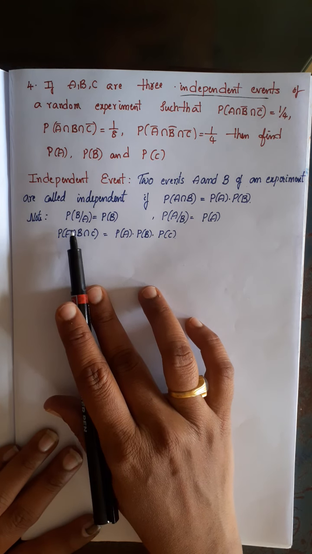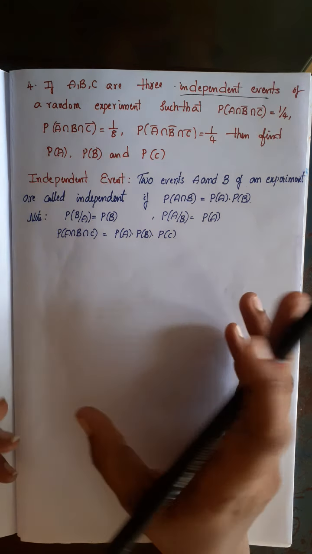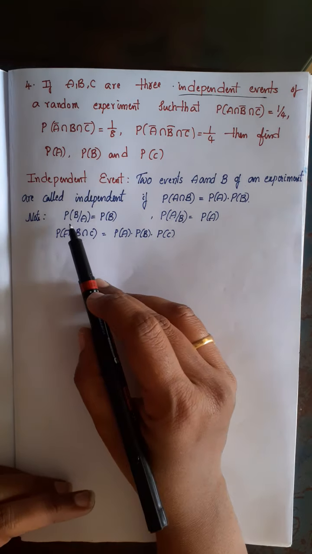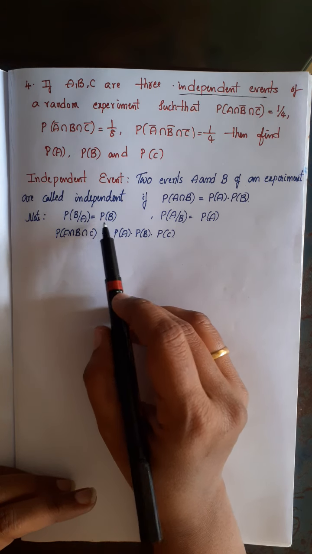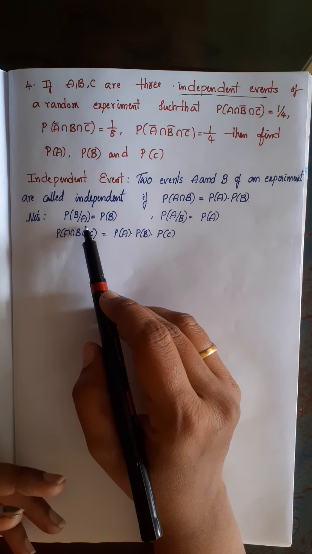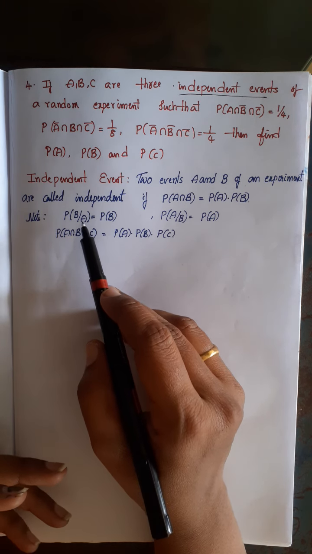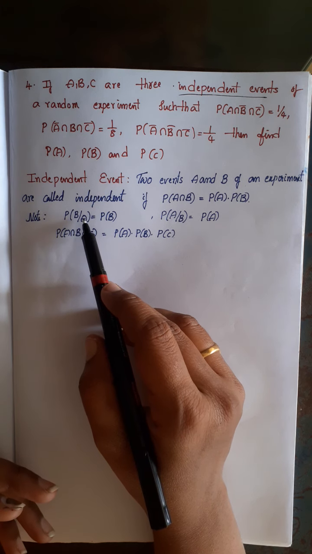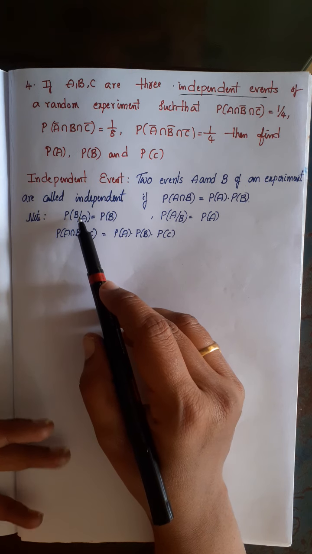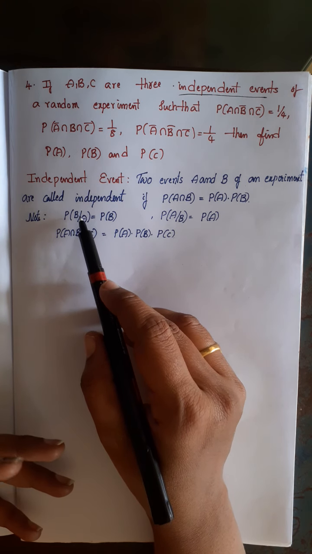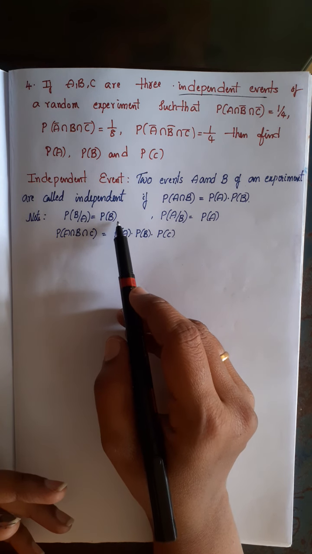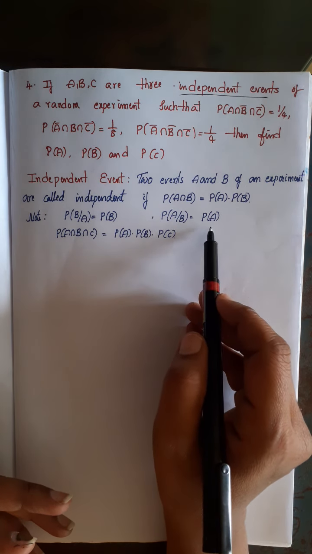Independent means they are not depending on each other, right? So in such a case P of B given A is equal to P of B, because B is not depending on A. Suppose A is an event to play a cricket match, and suppose B is an event to write the exam. There is no common point to this, right? Without playing also you can write the exam, or with playing also you can write the exam. It is not depending on A. So it is P of B directly. P of A given B is equal to P of A.